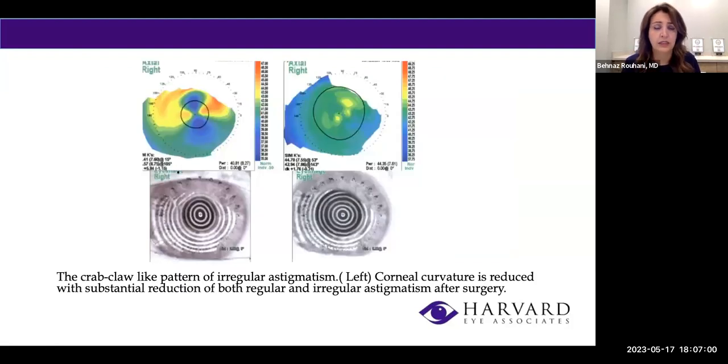This is a topography I did prior to the surgery. Look at the mapping. You don't really need to learn what this is because you can look at it and see, okay, you can see ocean, you can see a lot of mountains. So it's a lot of rough, irregular surface. And when you look at all these mires, you can see some of them are circular, but then as you go further out, they're very irregular and not circular anymore. So we call this a crab claw-like pattern causing a lot of irregularity or